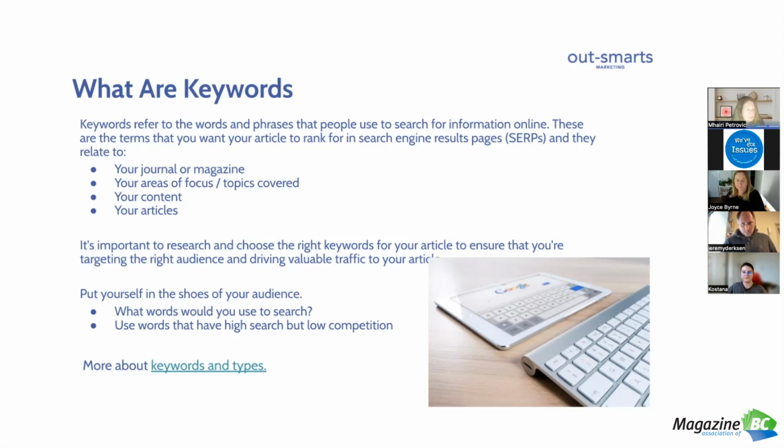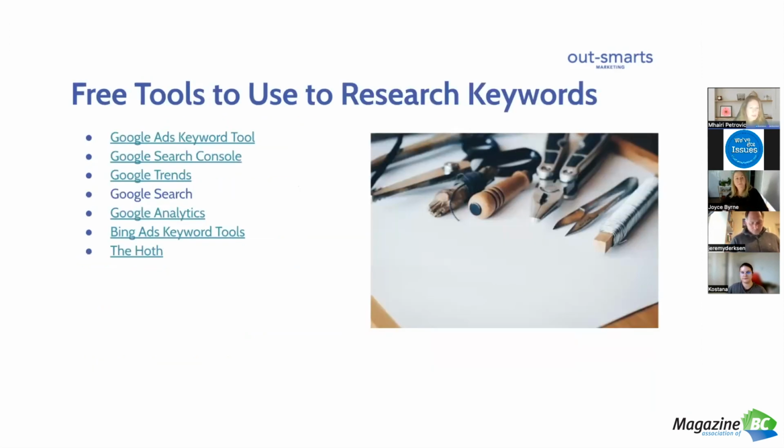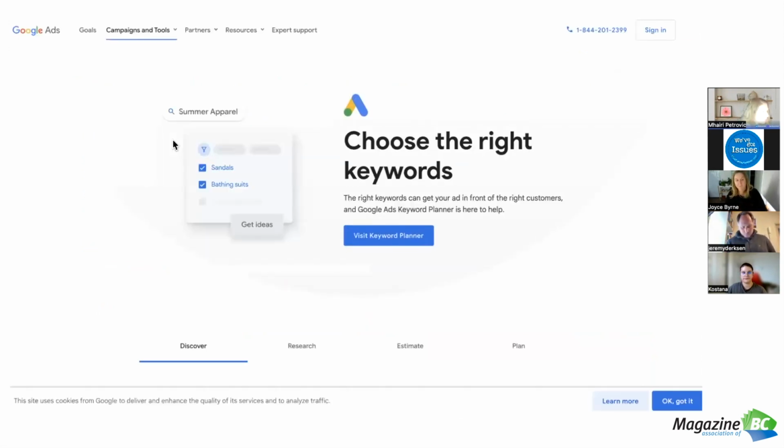It's important to research and choose the right keywords. And if you do that, you will have better results with your traffic. You're going to drive more traffic to your site. More people are going to find you. How do you know if you're using the right keywords? Well, thankfully, there are all kinds of tools that allow us to research what people are searching for in Google. You can even break these down by geography if you have a specific geographical audience. So these are some of the tools that we use, and let me see if this is going to work. I am just going to open up the Google.